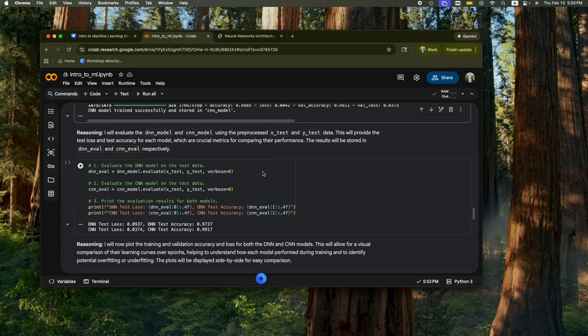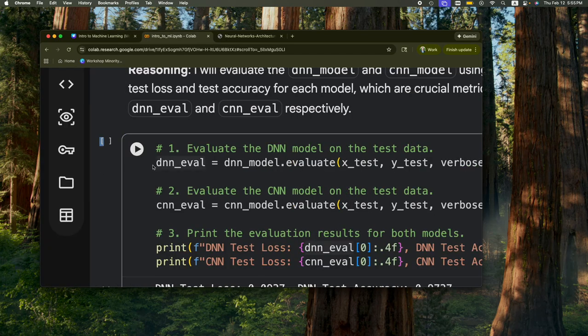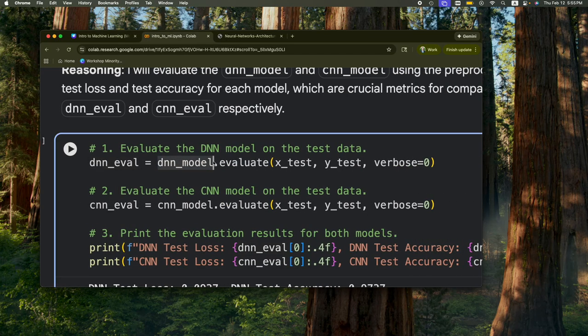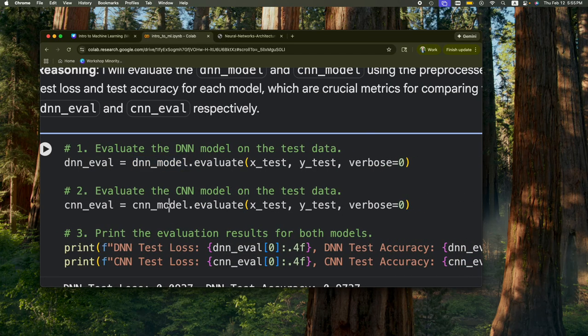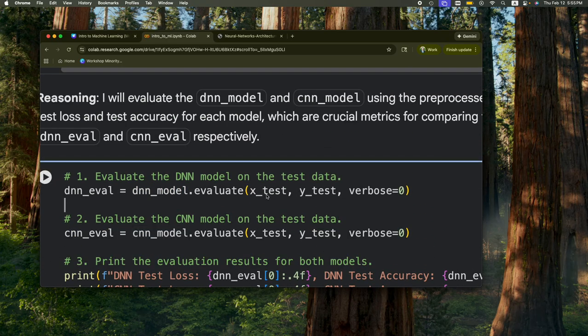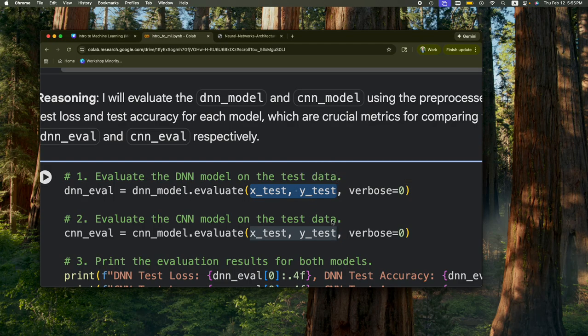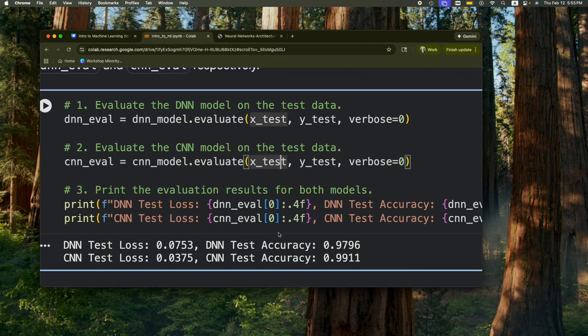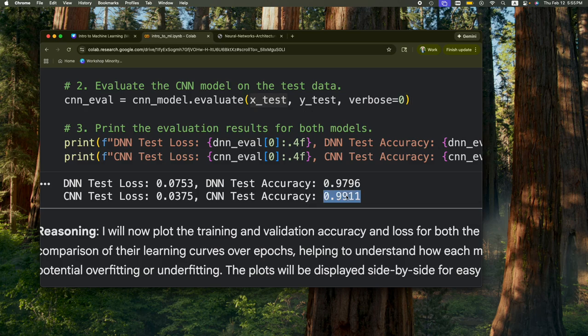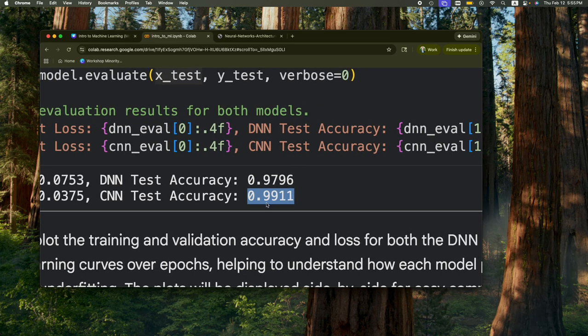So now we test our model. Right here, we have our DNN that we're testing. We run our DNN model and we run our CNN model, and we can see right here. We're testing this on the test set. Remember the little 2 boxes that were train and test? We're testing this on test, and you can see our CNN model performed a lot better on images.